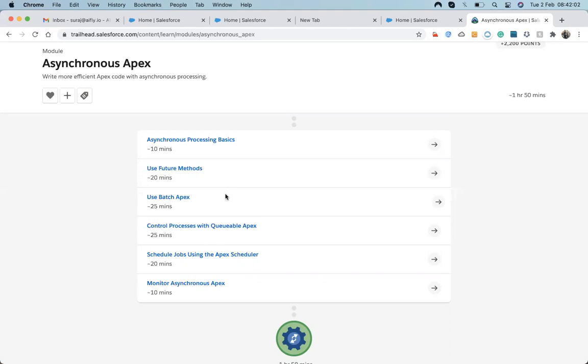So we use batch. It will process 200 records and sync, then another 200, working automatically. So batch Apex is used whenever we have a requirement to process records in batches.